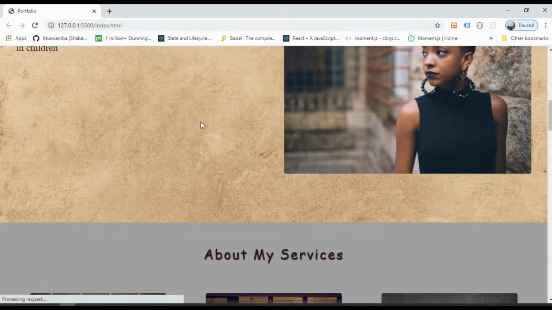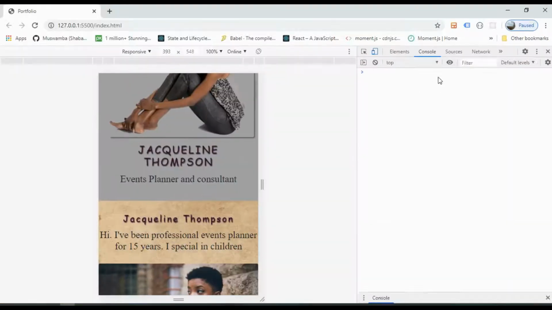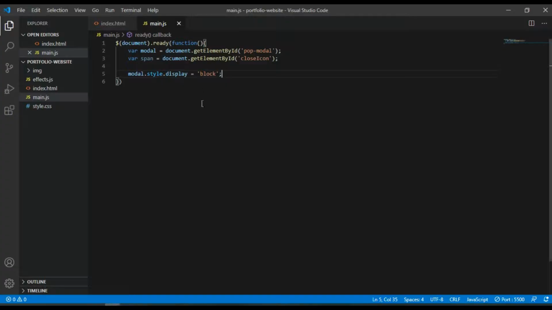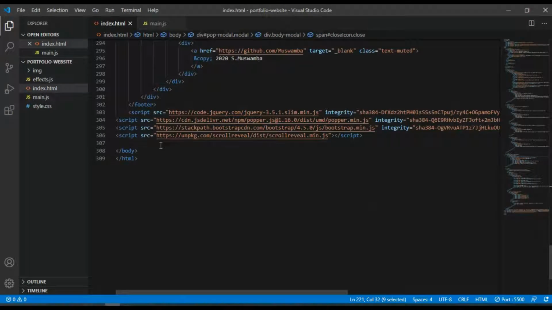So let me just go ahead. Now, I can go to dev and see where the problem is. No. First of all, I have to make sure that my JavaScript is linked. So let me go ahead and check if my JavaScript is linked.